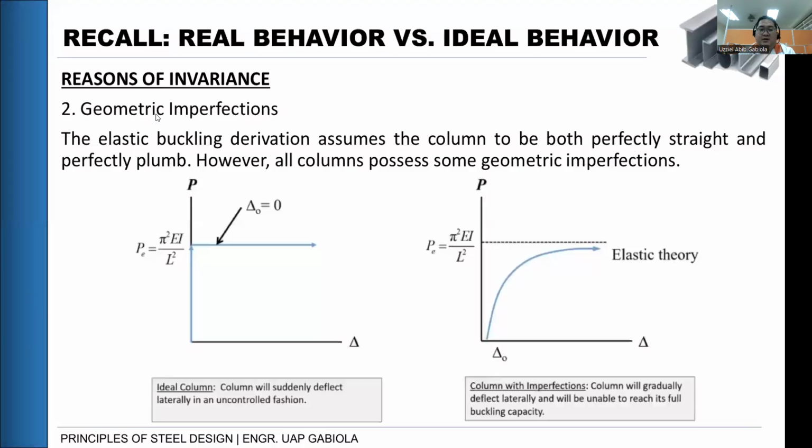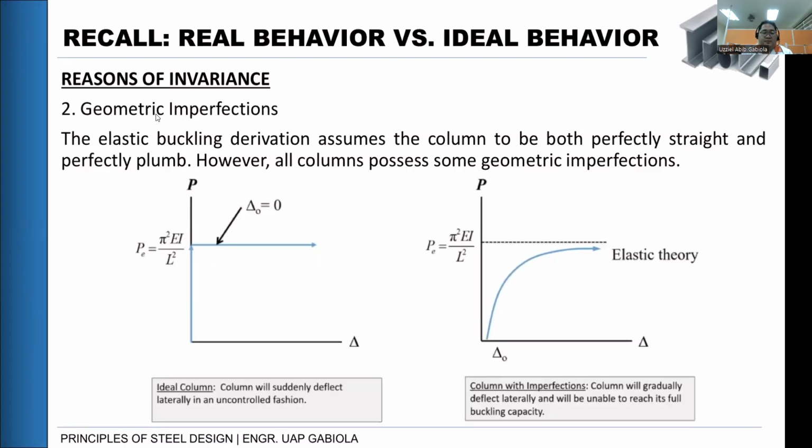Some have a slight dent, some are slightly misaligned, not perfectly plumb, or not perfectly straight. We cannot always control that. It is part of the invariances, the unwanted phenomena in the actual production or fabrication of our shape, which is sometimes not 100% controlled, and that again contributes to a reduction in the loading capacity of our column. That is why, as mentioned by AISC and NSCP, we need a multiplier or reduction factor